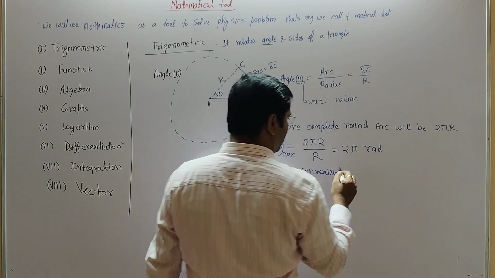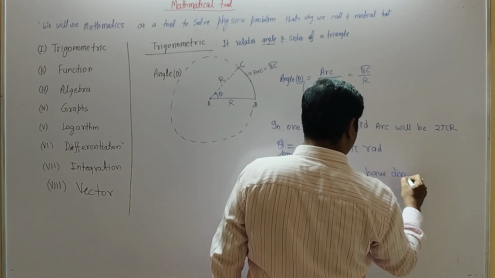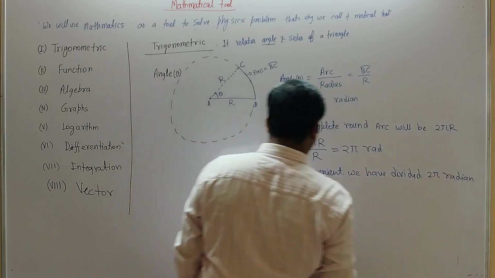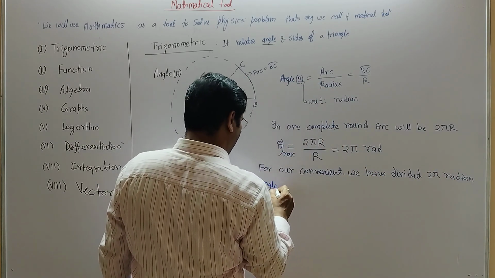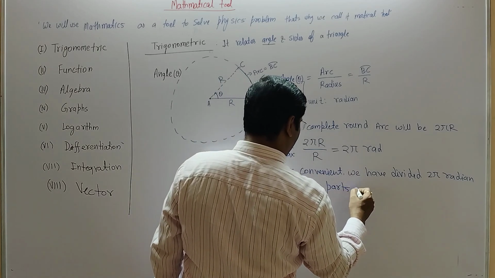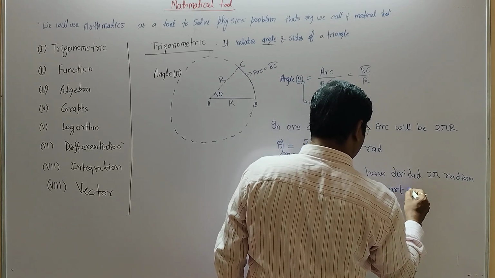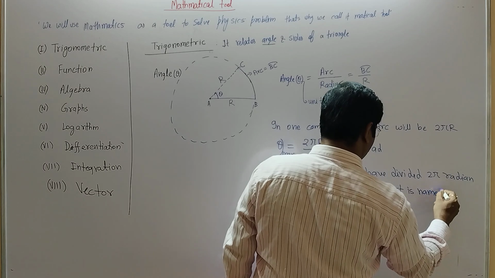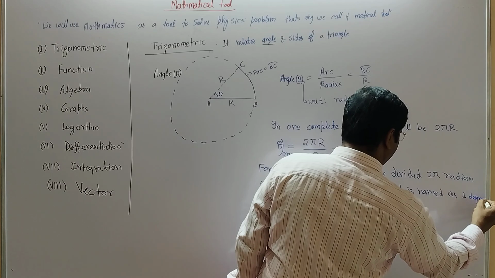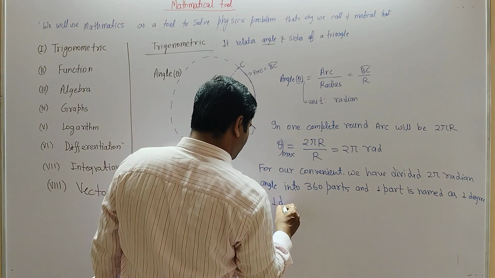For our convenience, we have divided the 2 pi radian angle into 360 parts, and one part is named as 1 degree. So we can write here 1 degree equal to